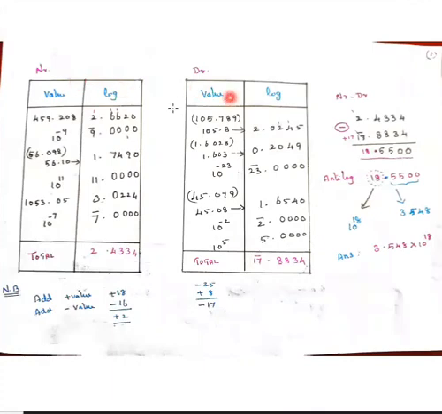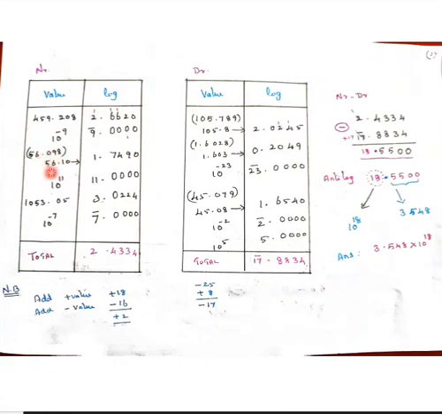Here I have written numerator and denominator separately. Numerator: 459.208. Here 3 digits, so the characteristic is 2 point. 10 to the power of minus 9 means we should write 9 bar. If it is 10 to the power of plus 9, simply you put 9 point. Then 56.098 is there. So I have minimized it to 56.1 because the digit after 5 is 9, so I have added 1 here.